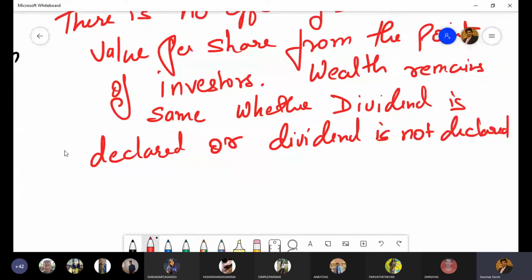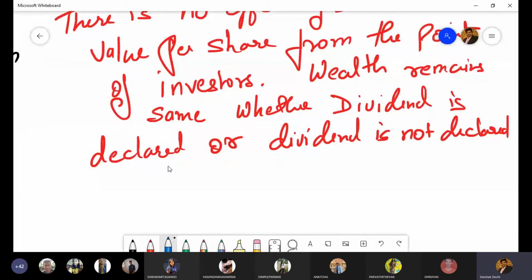So this is a dividend policy which is indifferent in nature. That is, the company should not think too much about dividends. Whether they declare or they don't declare, the wealth for the investors or the value per share remains the same. So based on this hypothesis, the formula for value per share is